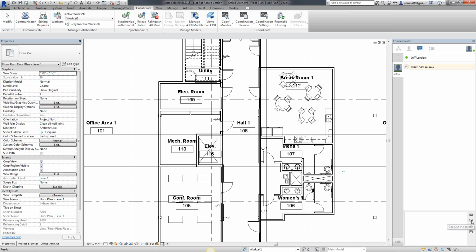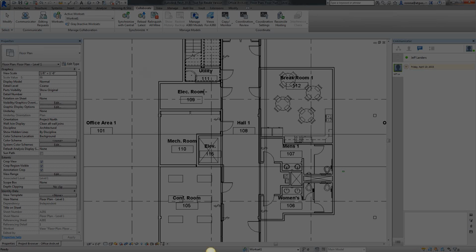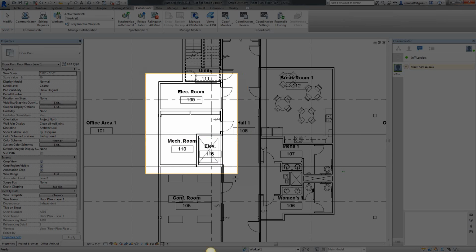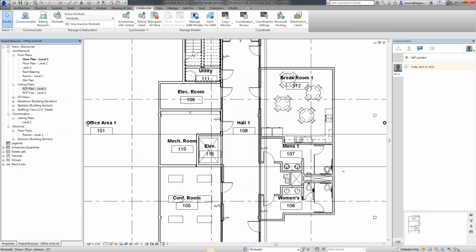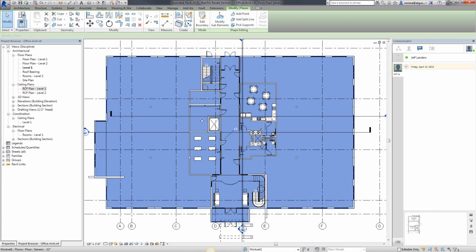Right now I want to use the capturing screen capability, and maybe I want to enclose my electrical room and my mechanical room. I want to capture that. When I capture that, that image is automatically shown in this bottom area here, my chat. And maybe I want to go back to my other view,